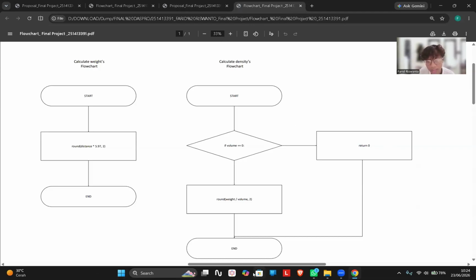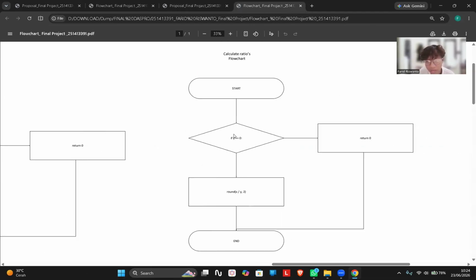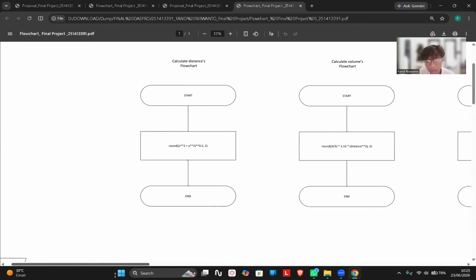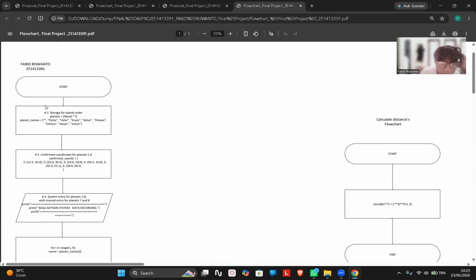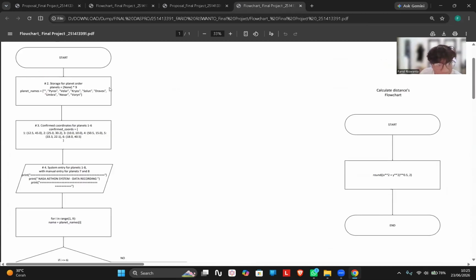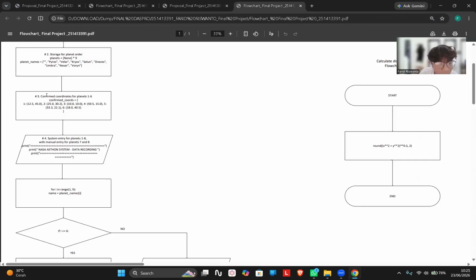This one is no, this one is yes. And it is the same here, we return zero because if the y or the x equals zero, the program will error, so we must return zero. For this program, we start by making the list of the planets. Why use nine times to define the list? To define the order of the list: this is the first, the second, the third, because the list starts from zero. So we have to use nine, and then confirm the coordinates for each one.